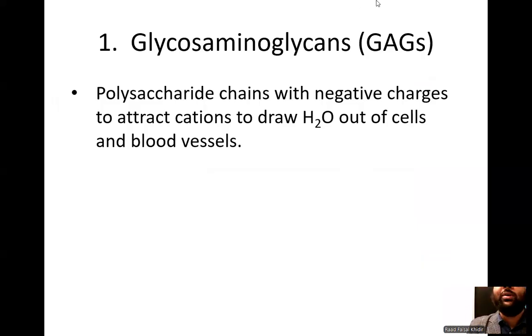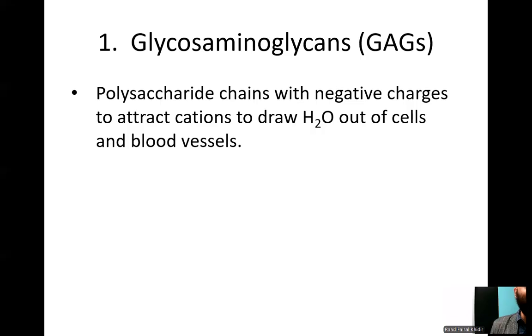Okay, glycosaminoglycans. Glycosaminoglycans are polysaccharide chains with negative charges that attract cations to draw water out of the cell, to draw water outside of the cell. So that's the first significance of the glycosaminoglycans. These are polysaccharide chains with negative charges that attract the cations to draw the water out of the cells and the blood vessels. So in osmotic balance, we draw water from inside of the cell to the extracellular matrix